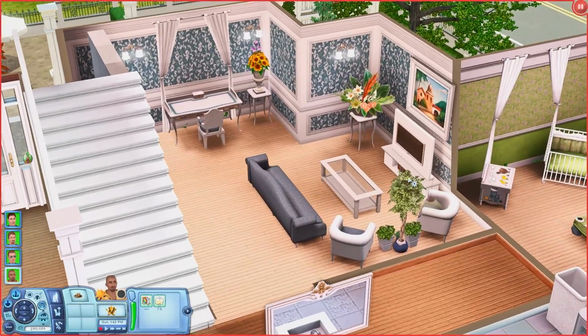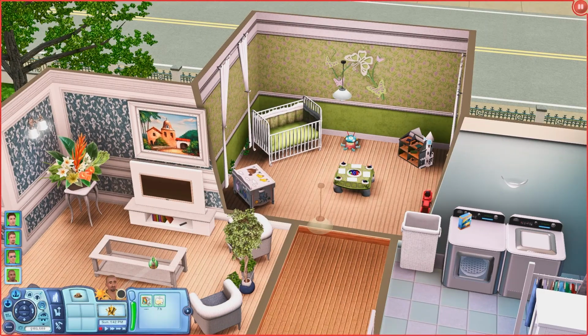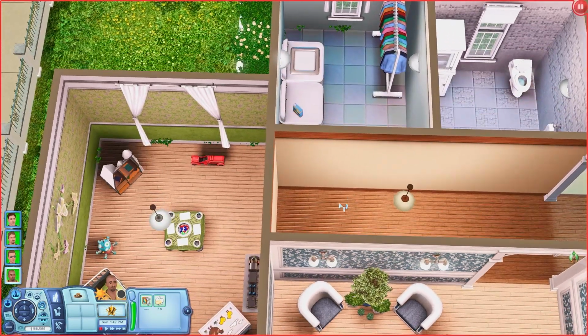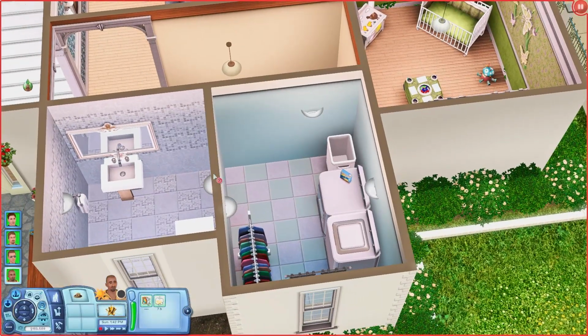Over here, we have a living room, a workspace, and then we have a nursery. Again, it's missing some windows. We also have a laundry room and bathroom, but I think it's missing a door. So whatever CC it was, maybe it just doesn't work anymore or it broke or something like that. I'm not for sure, but there's supposed to be doors